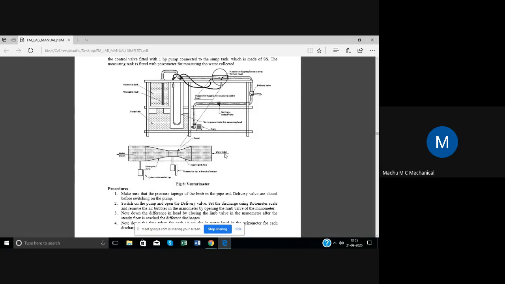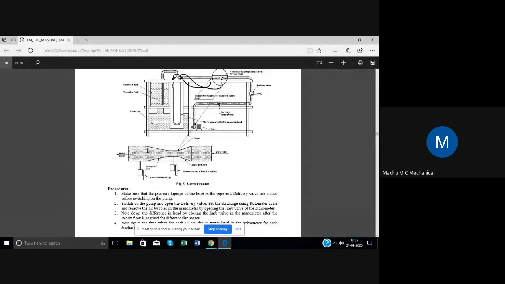Now, observe here, the water inlet is from this side. Okay, no problem. Water is entering from here. Then observe that it is a converging nozzle. Then you have a throat, then a diverging nozzle, isn't it? This is diverging, area is diverging. Then the water goes out. Now, what is the importance of such a configuration? Why do we require such a thing?